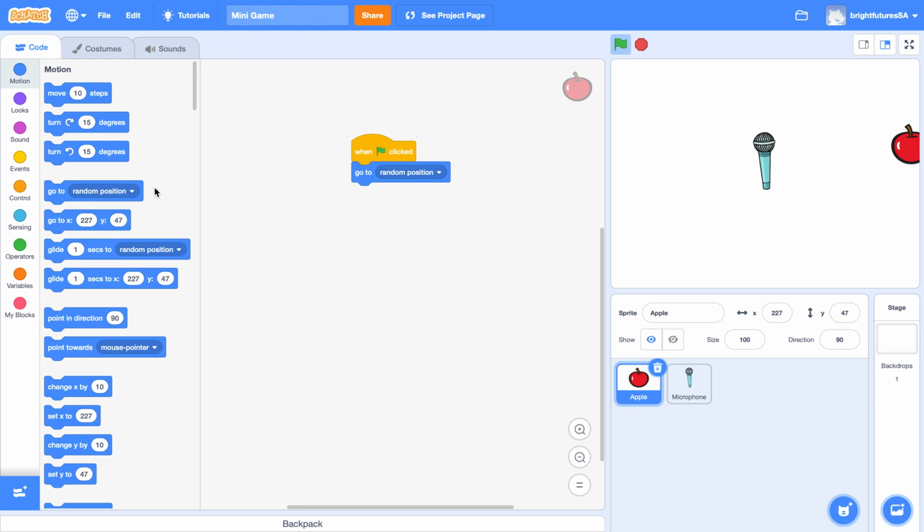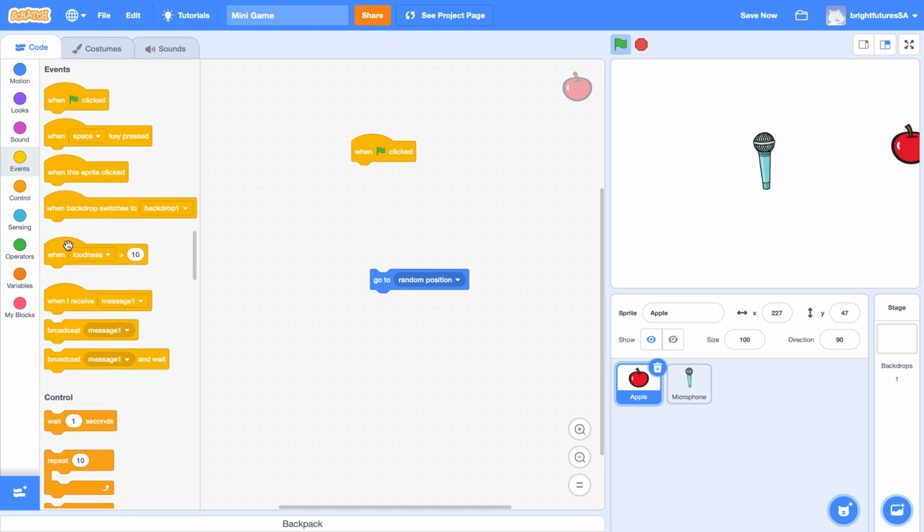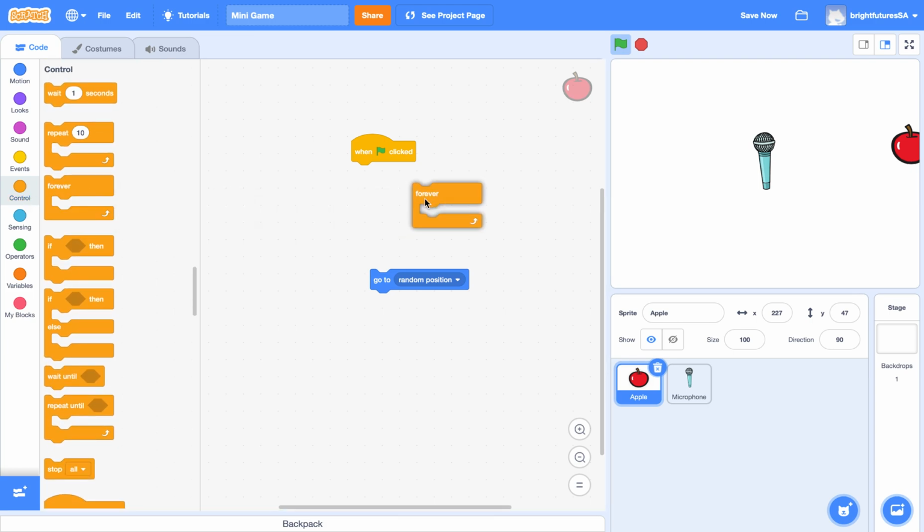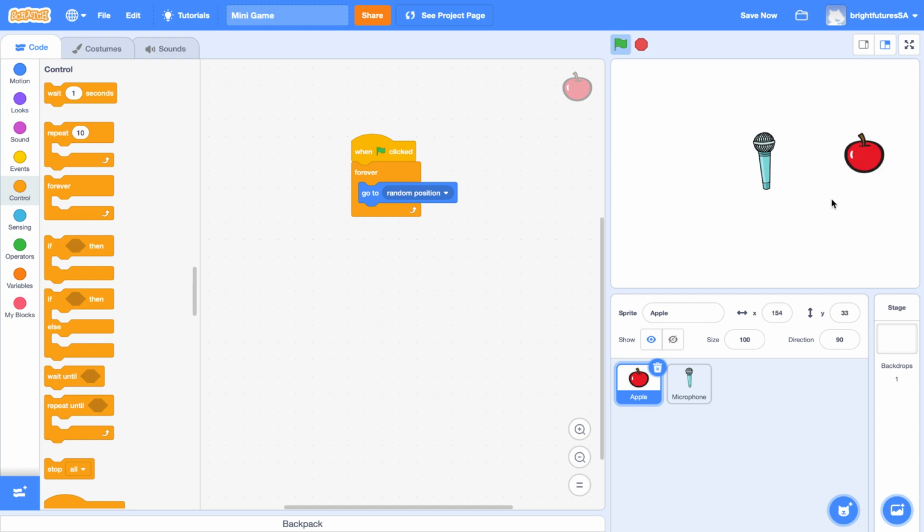don't want that. So we would have to go to control and choose a loop, which is the forever, and we want to go to random position. Now what this makes the apple do is go to a random position, so we'll go to